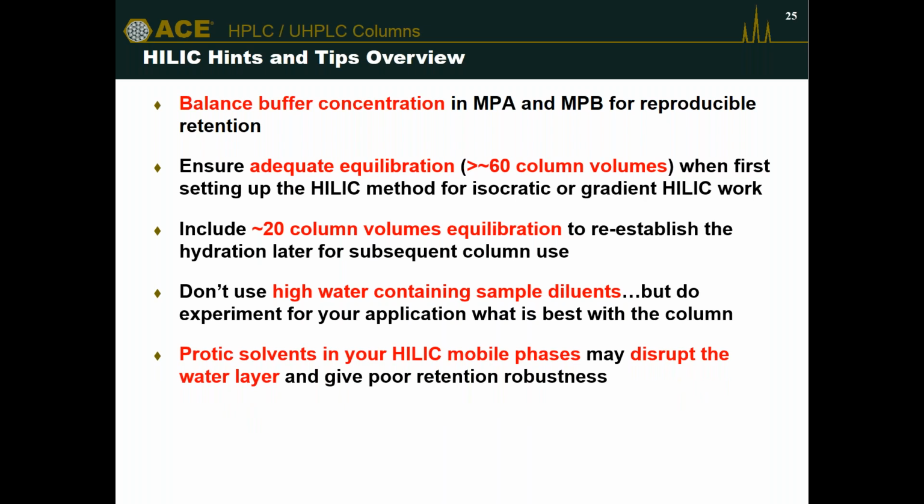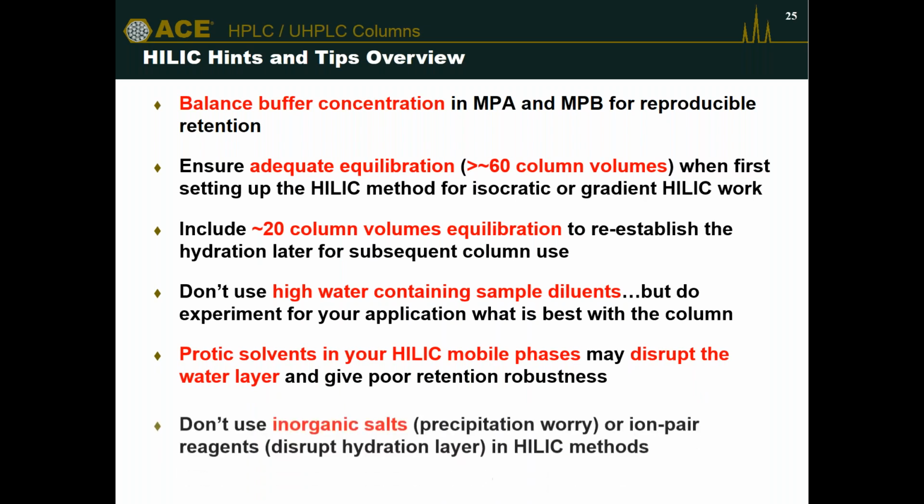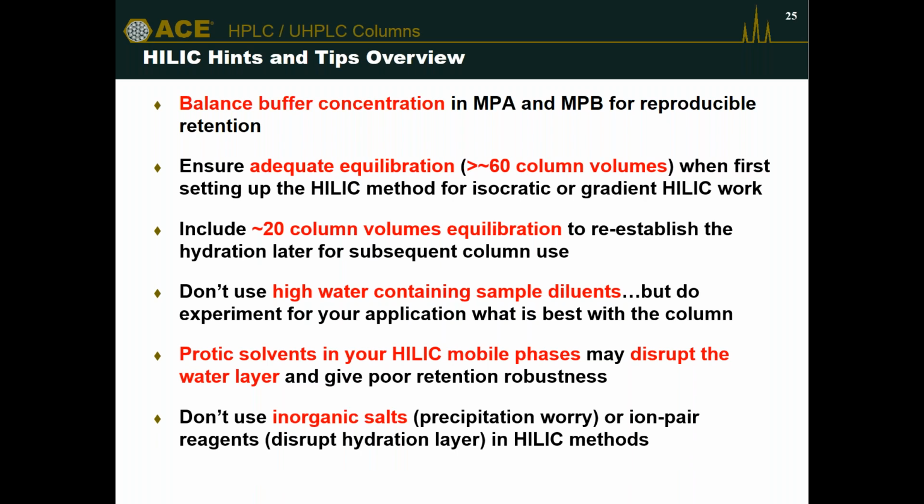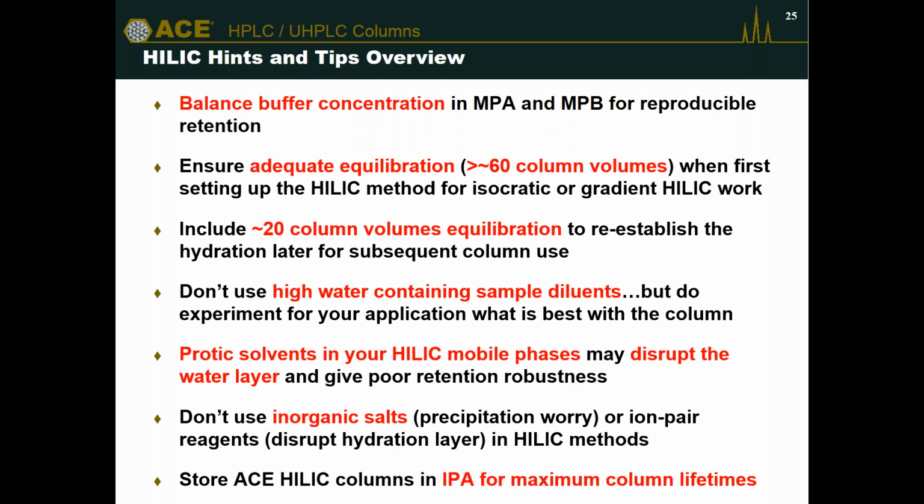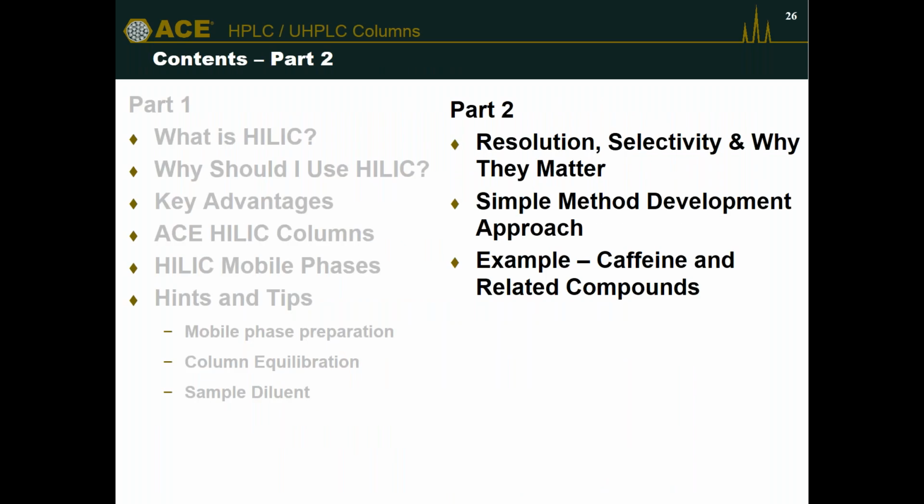You can use protic solvents in your mobile phases and diluents, but be aware of the disruption of the water layer. And it seems really obvious, but using inorganic salts can cause you precipitation issues. Also, if you use ion pairs in your mobile phase or your diluent, this can also disrupt the water layer too. And the recommendation that we make for ACE HILIC columns is to store them in IPA to maximize the column lifetime. So I'm going to go through method development in 2 minutes now that I've finished the first part,